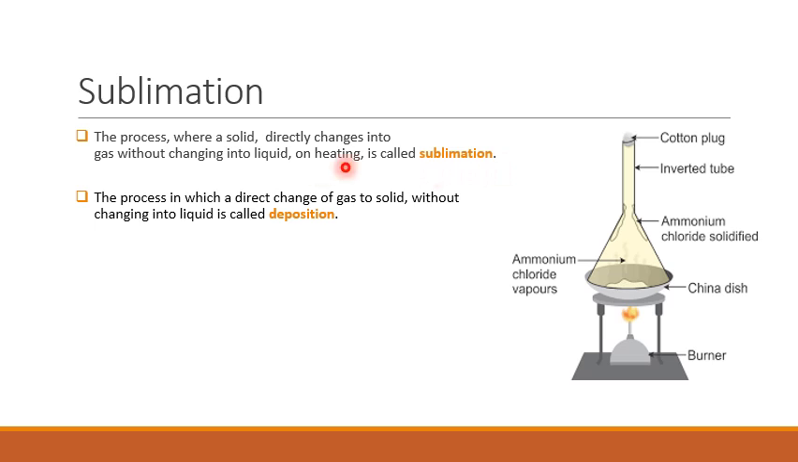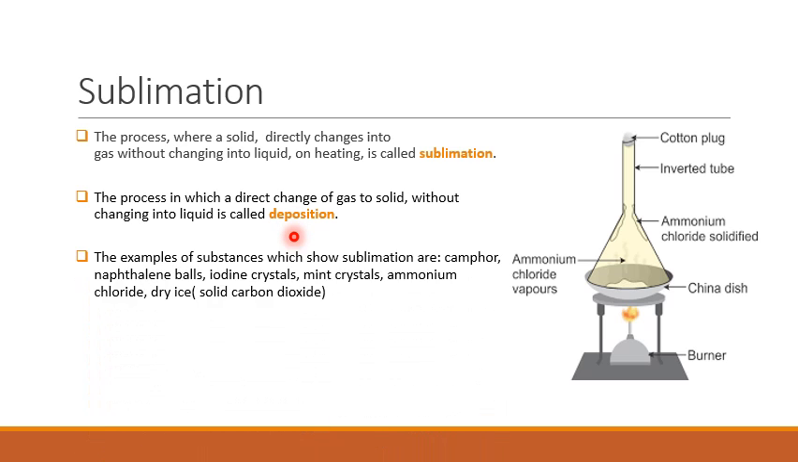And the reverse process in which a gas directly changes to solid without changing into liquid is called the process of deposition. So the conversion of solid to gas is called sublimation, and from gas to solid is known as deposition. So there are certain substances which show the property of sublimation. Some examples are camphor or the kapoor which we use for puja, naphthalene balls which we use at our homes